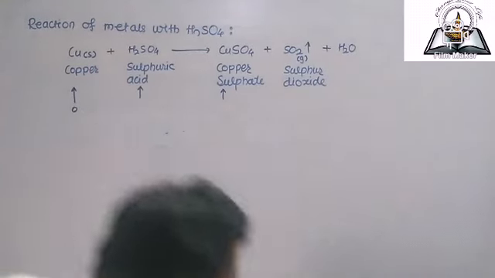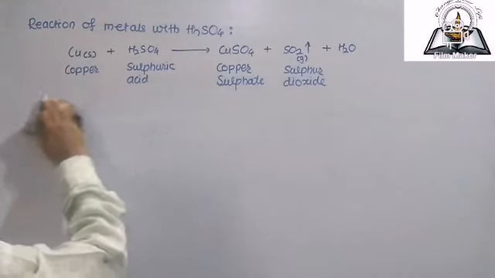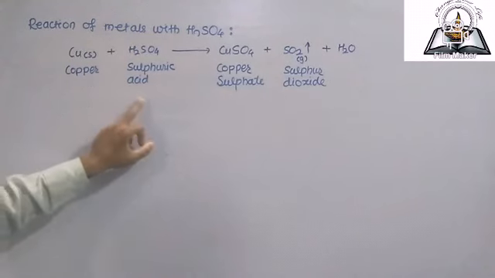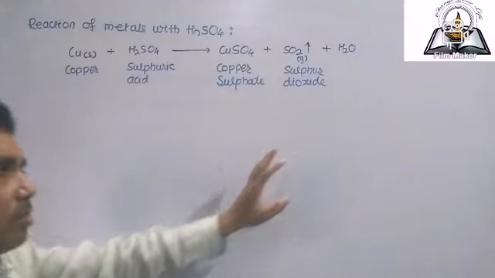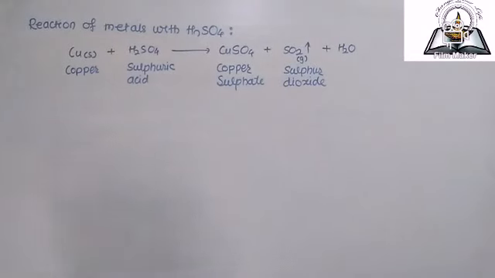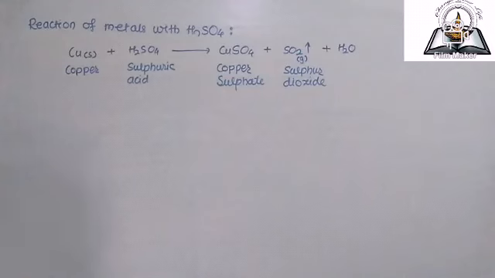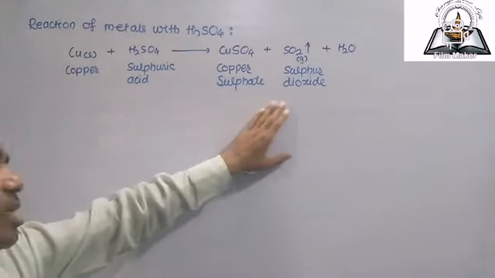Sulfuric acid gets reduced and oxidizes copper to copper sulfate. On the other hand, we can say that it gets reduced and oxidizes hydrogen to water. And due to this reason, when copper reacts with sulfuric acid, it does not liberate hydrogen gas. Instead it gets converted to copper sulfate, SO2 gas gets liberated and H2O is also formed. So sulfuric acid is a strong oxidizing agent, and here SO2 gas gets liberated.